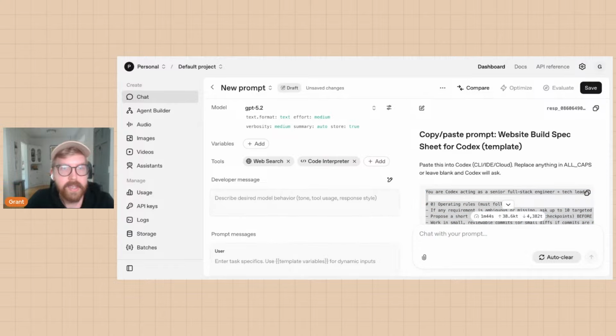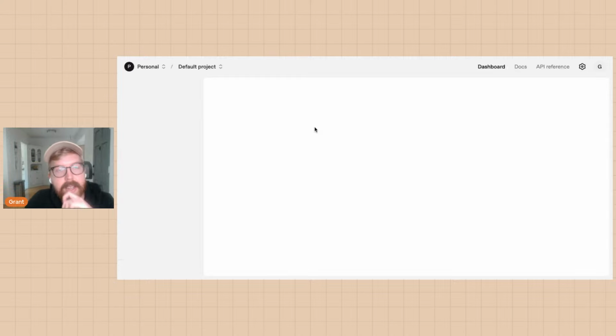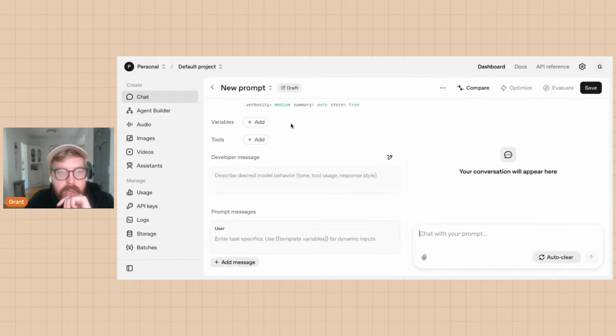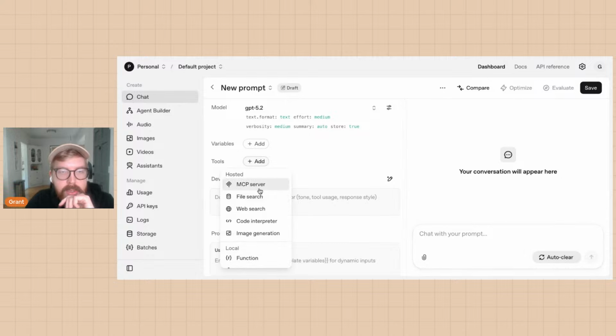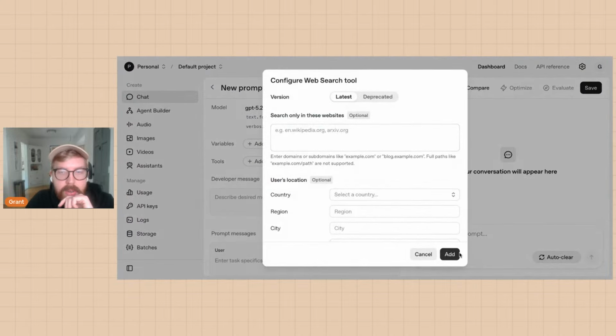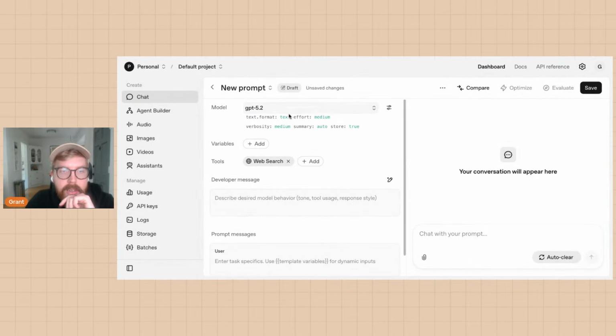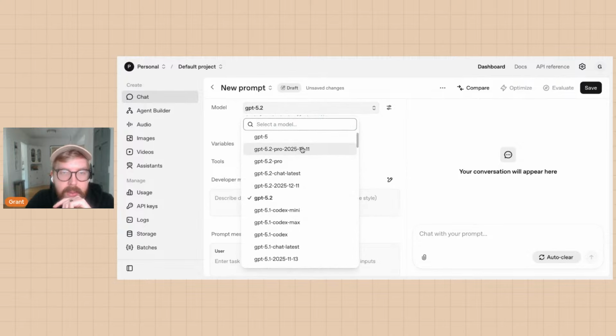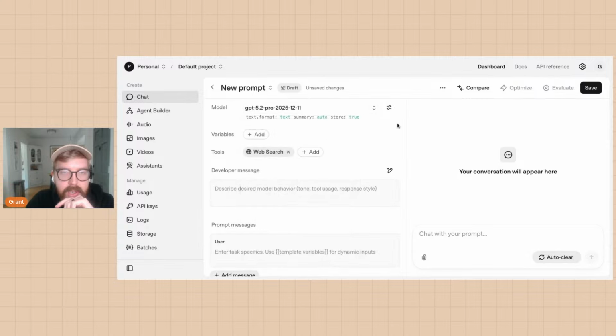I'm going to go ahead and save it. And then I'm going to go back to where we are. I'm going to refresh and I'm going to ask it using web search. So I'm going to add the tools. I'm going to add web search, yada, yada. I don't know the difference between these two. I'm just going to do this one.